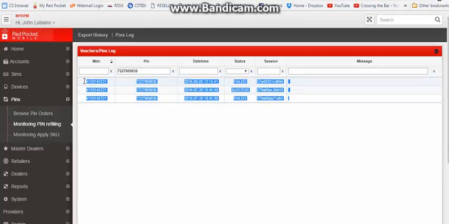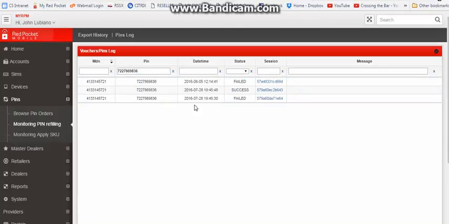Yes, and like you can see here, this pin was applied in